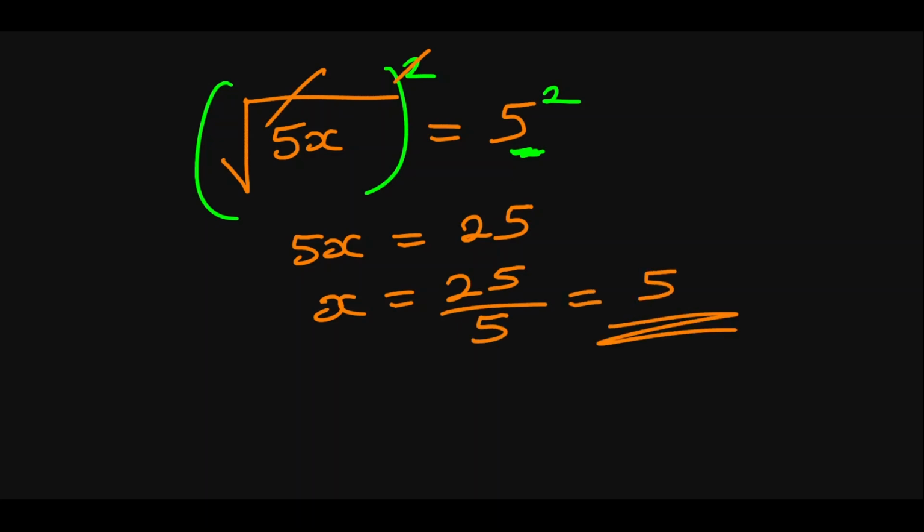So you see, the whole idea of finding x or finding any variable is to use the inverse of whatever it is that variable is involved in. If the variable is stuck in a root, then you find the square. If the variable is multiplying another number in its term, then you simply divide by that same number. If the variable is dividing a number, then you simply multiply by that number. That is as easy as that. This is the mathematical trick or tactic we are talking about.